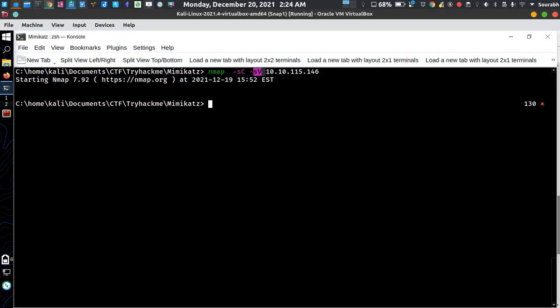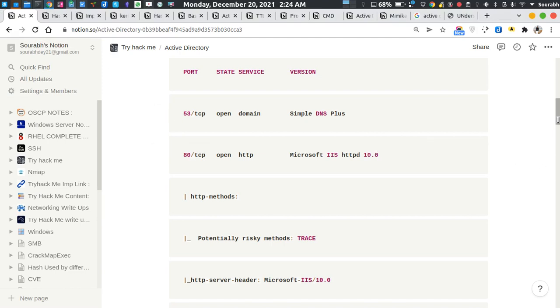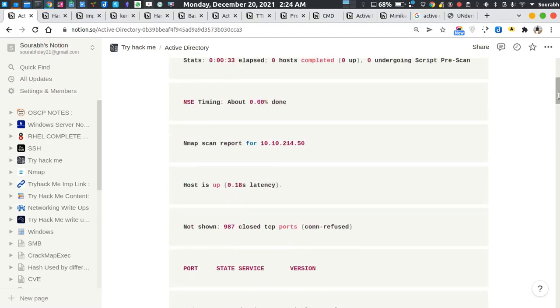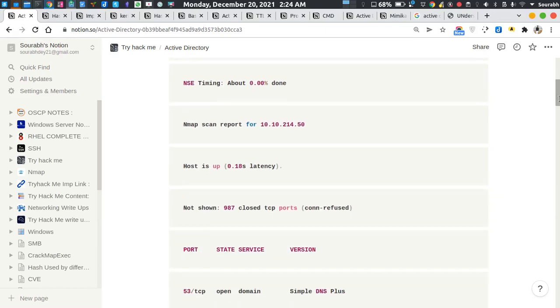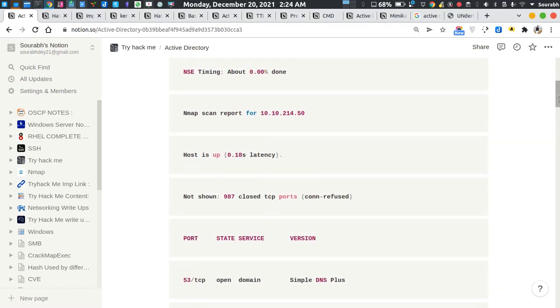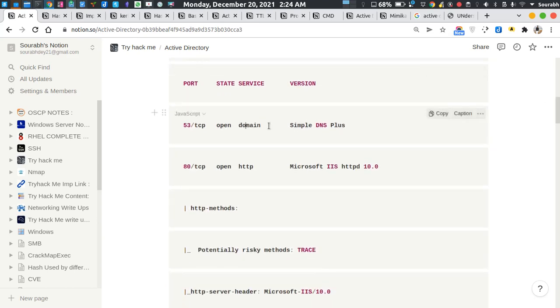Let me just copy this out and give you the output we get from that particular command. Use that particular command and the result is on your screen. Okay, so it gives me that port 53 is open. Port 80 is open.